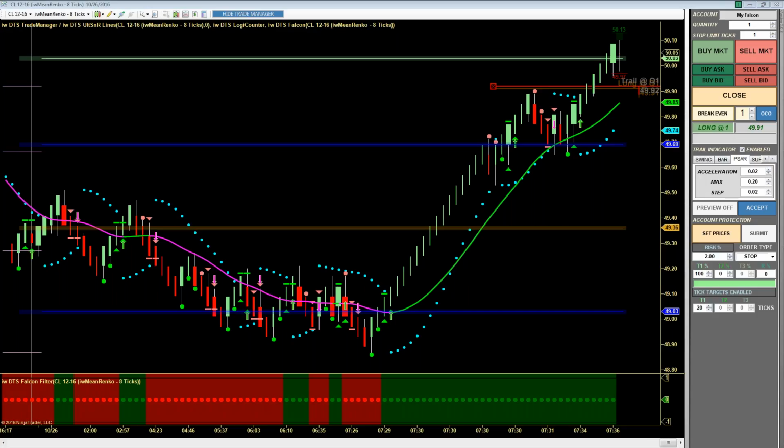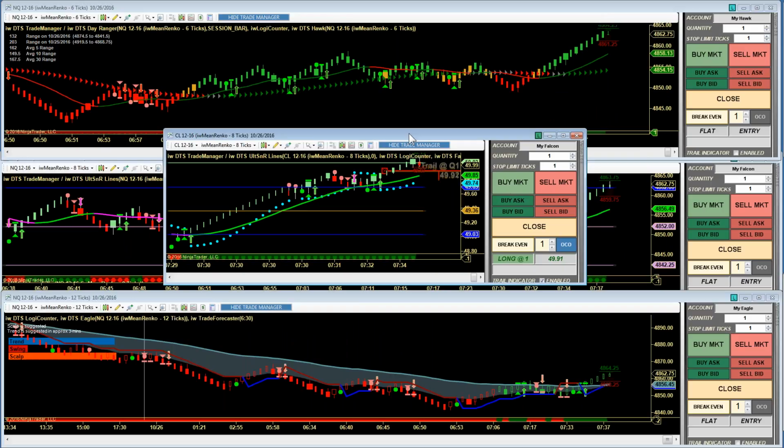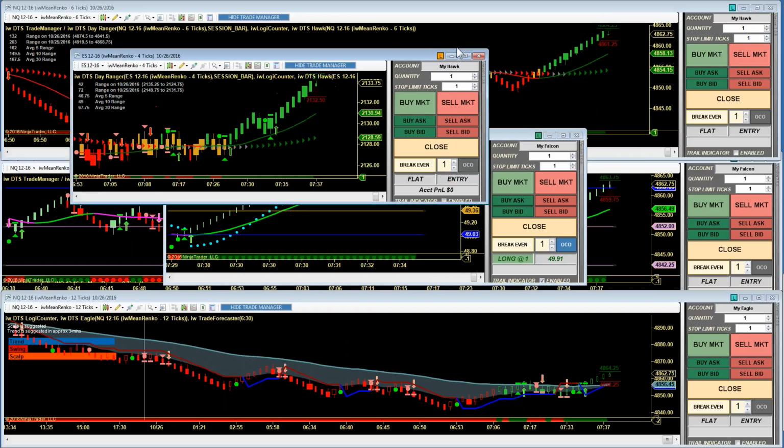Moses is asking, so how many ticks on each of your bars? I forgot to mention this. This is the chart style that is native to the DTS system, the indicator warehouse Mean Renko bars. Now you can actually purchase these separately if you like. They are the default system for the DTS system. Coincidentally, you can use regular time charts if you prefer